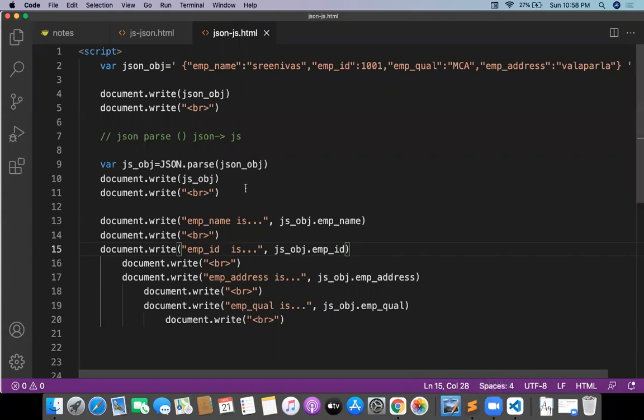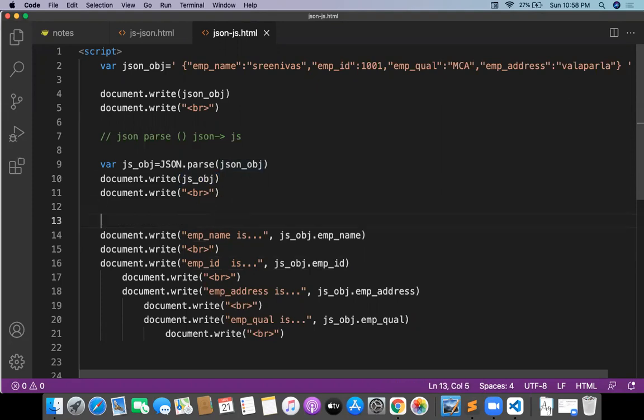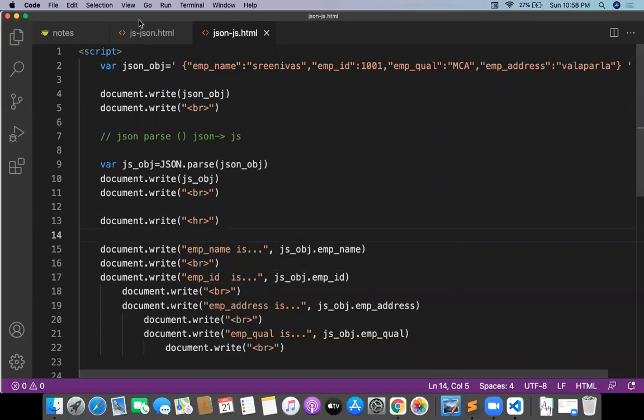We got the JavaScript object, and I'm just breaking it. Break means calling individual keys. Whenever you call the individual keys, automatically the values are attached. And let me put an HR over there. HR means horizontal row. That's it. This is JSON to JS.